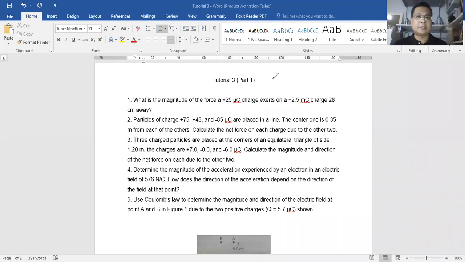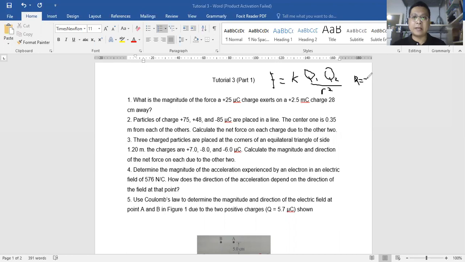So F equals the constant K times the electrical charge first and second, divided by the square distance. So we start the question with the known parameters first. The first one is Q1, Q1 here equal to plus 25